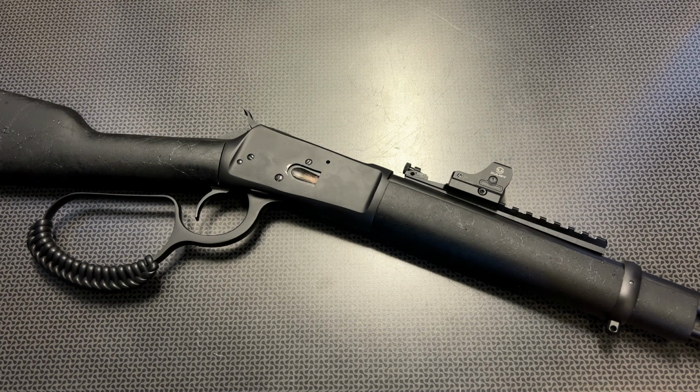Got a chance to shoot some other Rossi lever actions through a wide variety of YouTube events and fell in love with every one. Here recently, we've picked up a couple of Rossi lever actions, and one of my favorite